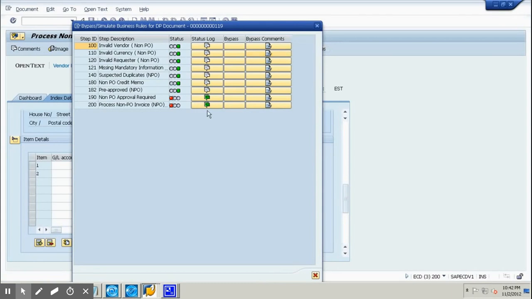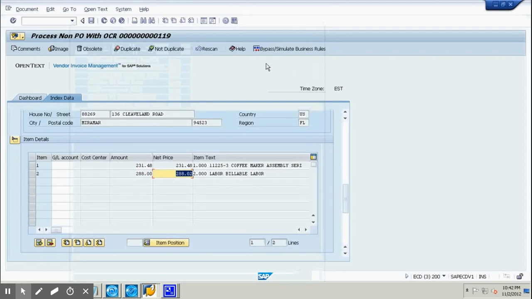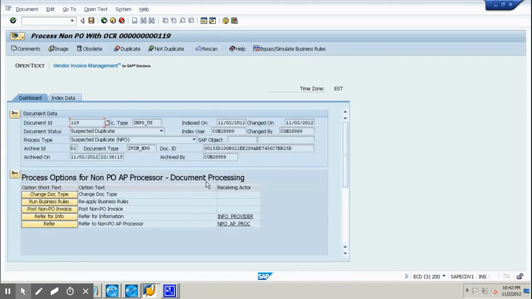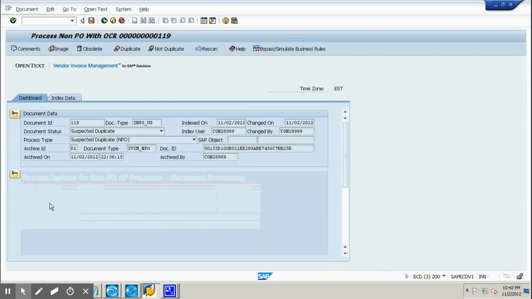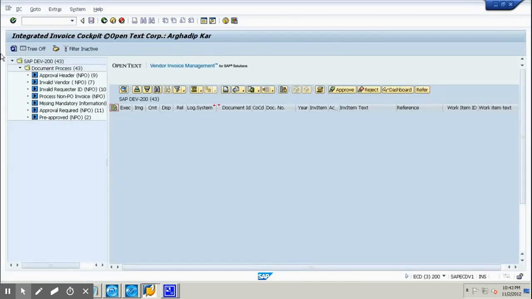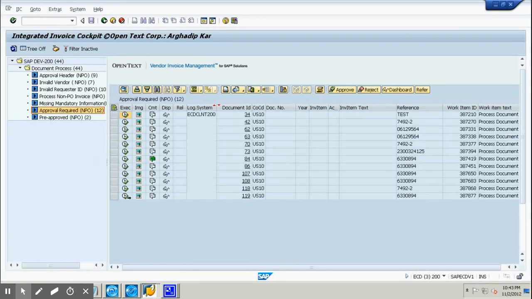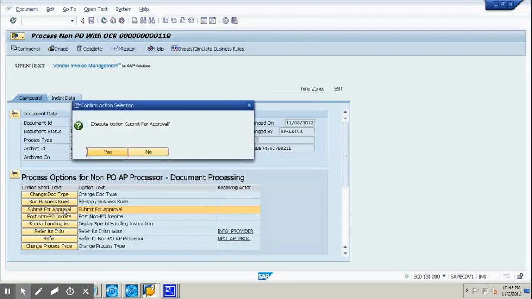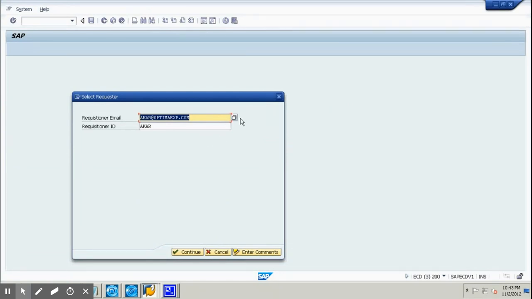See, now the duplicate invoice check is configured on amount, reference number, and vendor. So if these three fields match, then it becomes a duplicate. Since we changed the amount, it is not a duplicate. Now I ran the business rule and it will come up in another exception. So if you see, it has come in approval required. Now what we are going to do is submit for approval. Okay, so we click the submit for approval button, and we'll click yes, and here you'll see the requisitioner email is there,